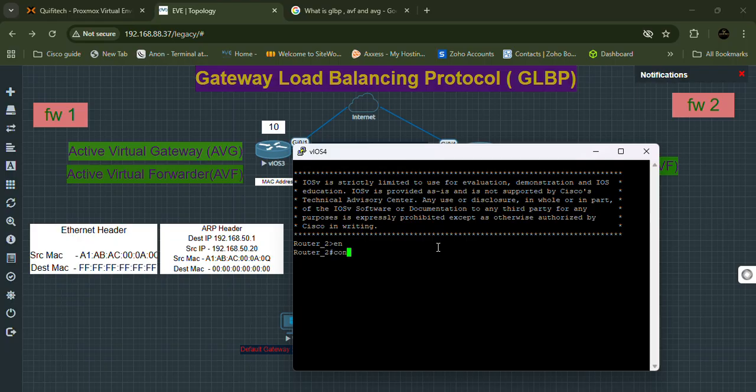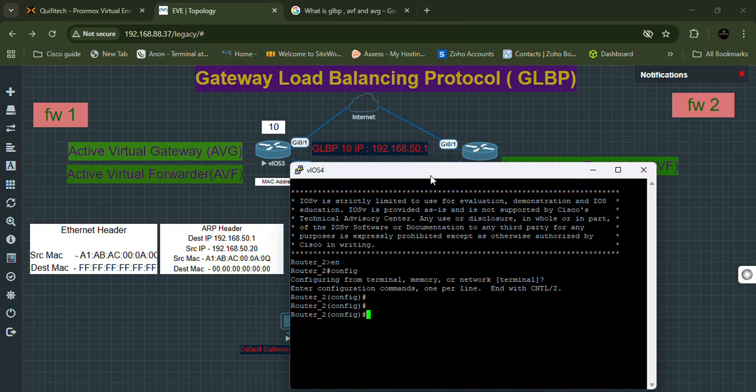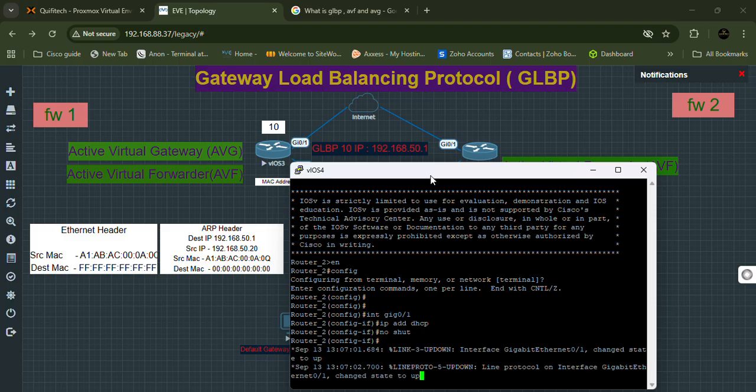Okay, first thing first, on this router I'm going to navigate to global config mode, and from global config mode I'm not going to do anything different from what I did before on router 1. We're going to do the same thing. First we select the interface on the top, which is interface gigabit 0/1, and from there we just need to assign DHCP by typing the command ip address dhcp, and the interface, because it is currently up, will be assigned an IP address from the DHCP server on my network. Okay, and as soon as we get this IP address, we will